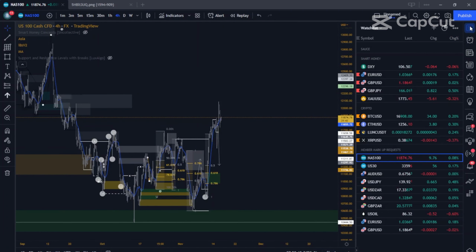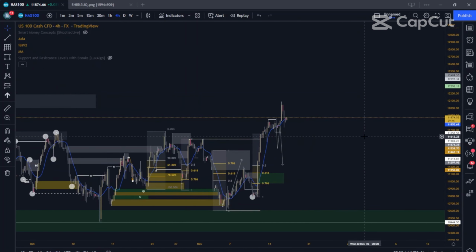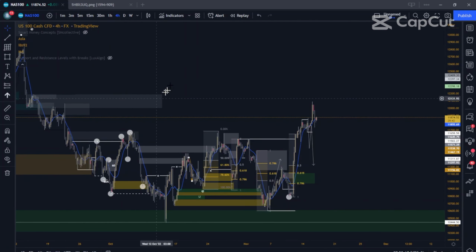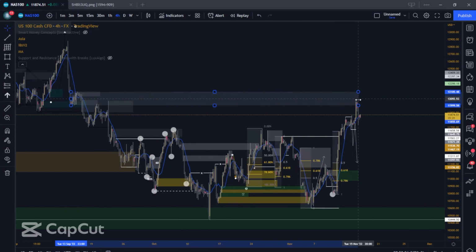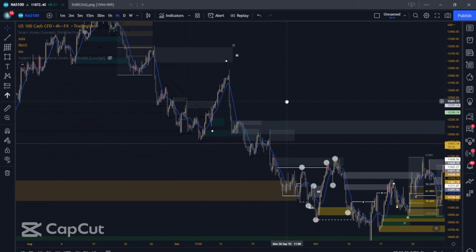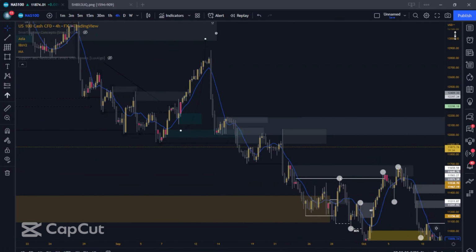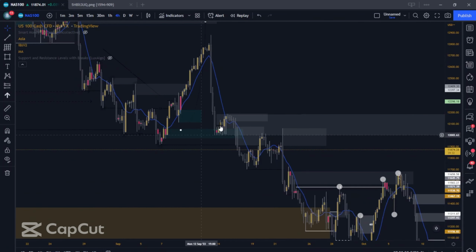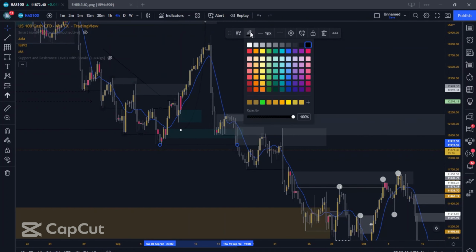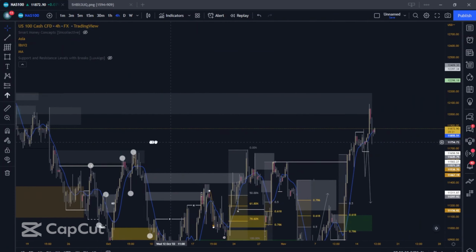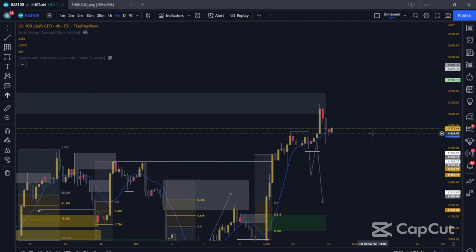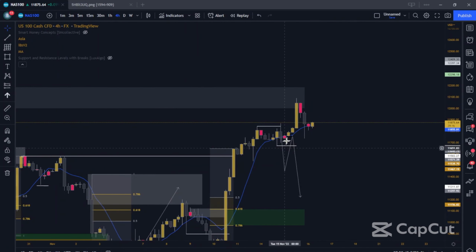Okay, Nasdaq. Big spikes on Nasdaq. Notice we've got the supply up here on the 4-hour. That's daily buy to sell wicks. You can see this range on the 4-hour. It's daily buy to sell wicks. We did get a break of structure down here. Boom, it came into the trace, gave us entry. But now we are moving into the same supply, and we have reacted from the same supply.